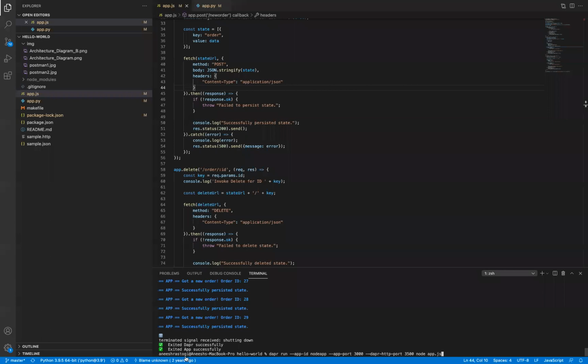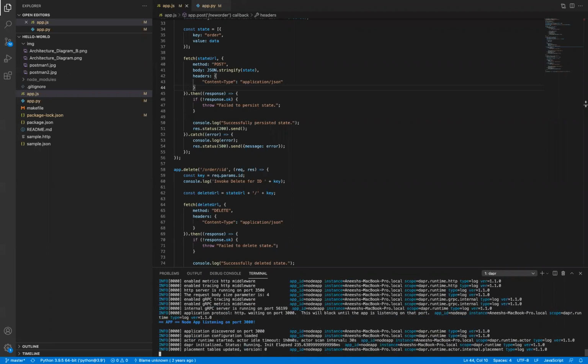validate it. Okay. So this is the command to run any application using Dapr. I have to provide a unique app ID for it. I've named it node app. I have to provide an application port, so I'm using the default Node application port. And this is my Dapr HTTP port. So this is the actual port with which another service would be communicating. The service does not have to know my application port. So service discovery is being handled by Dapr. Okay, so we'll run this application.